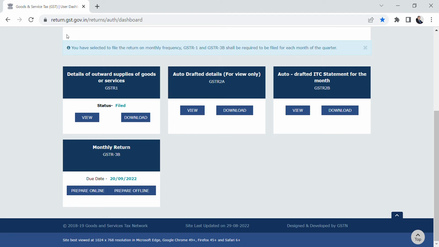Hello everyone. In this live demo, we are going to have a look at the latest GSTR-3B for the month of August 2022. As you all know, Table 4 of the GST return has been changed by the GSTN. So in this live demo, we are going to see how to enter figures for Table 4. The attempt is to understand the nitty-gritty and the fine print of Table 4 of the GSTR-3B. So I'm going to give you a live demo of the return